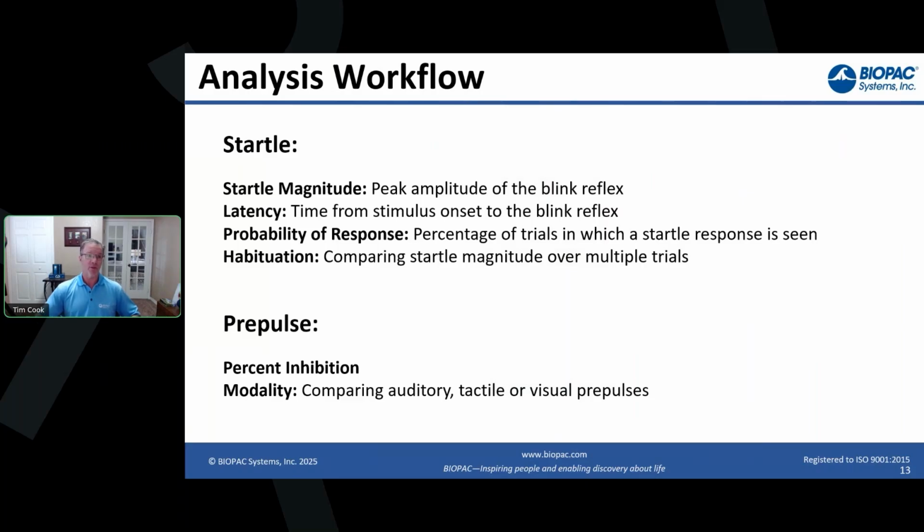In terms of analysis, which we'll also dive into, a couple of the most common things people are looking to extract from this data is the overall startle magnitude, which is ultimately going to be the peak amplitude of the EMG reflex. The latency, which is the time from when the stimulus is being delivered to when the blink reflex is occurring. And then they also might be looking at different things such as the probability of a response, and that could be based on utilizing different